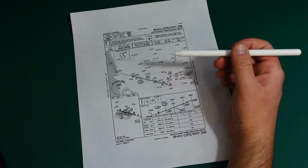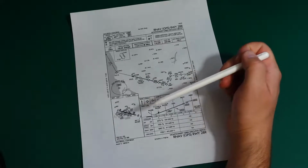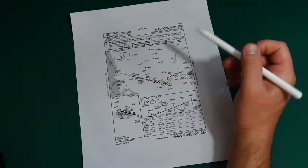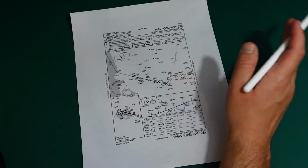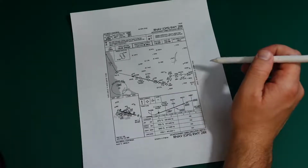For those of you who don't know what a displaced threshold is, it's pretty much where the aircraft can touch down is further down the runway from where the actual pavement starts. A displaced threshold, the portion that can't be used for landing can be used for things like takeoff and taxi and such, but